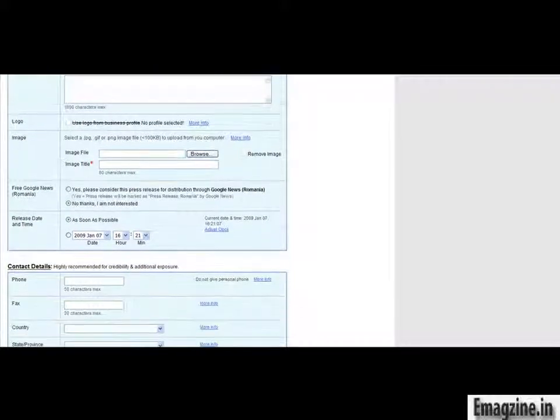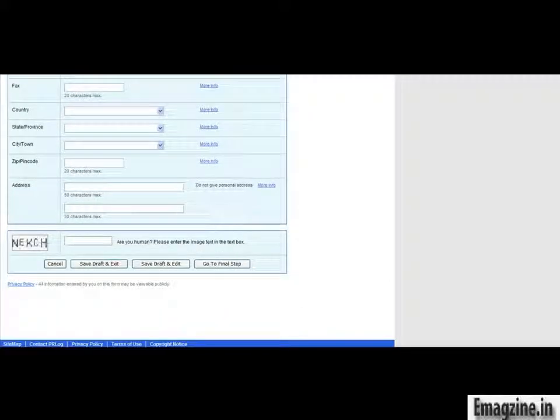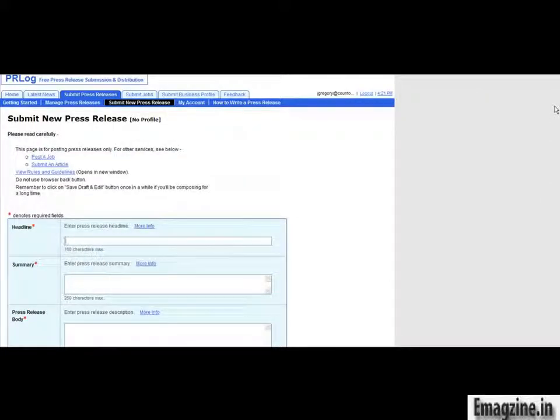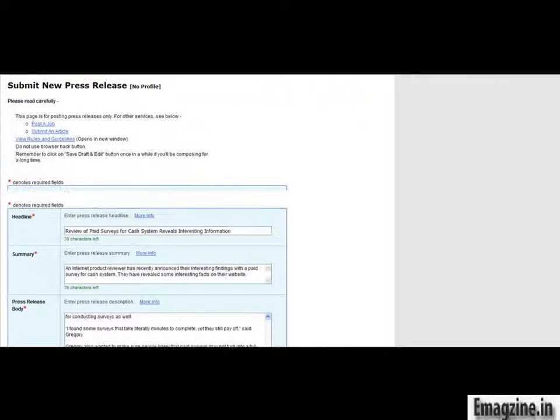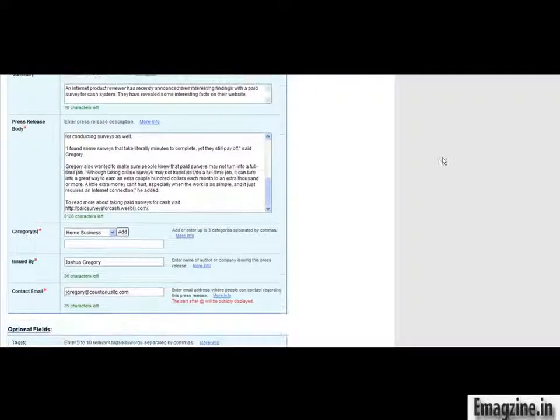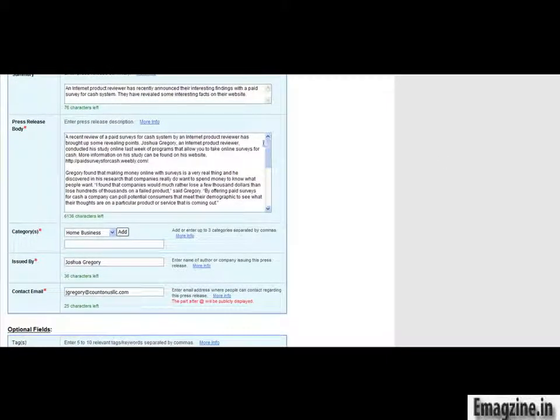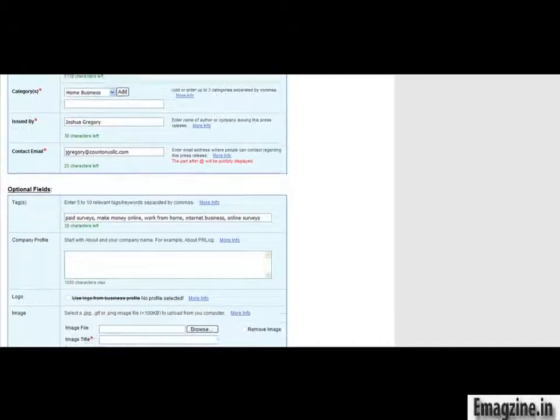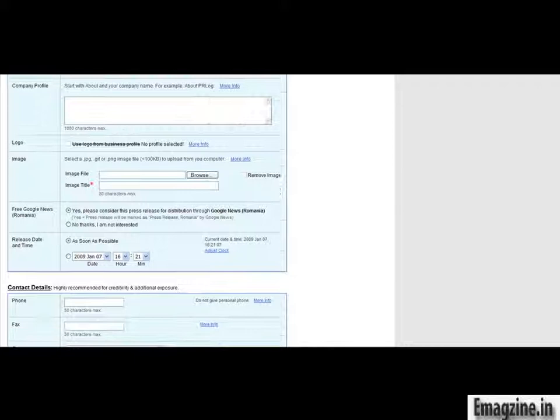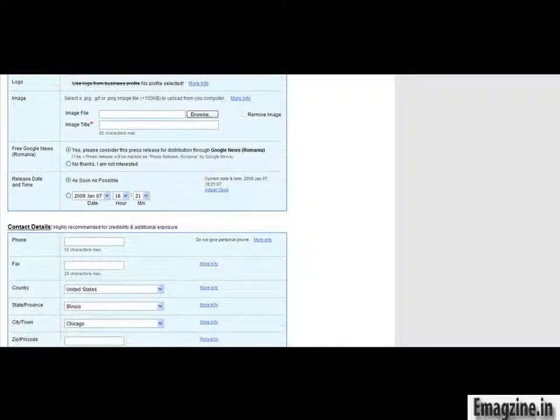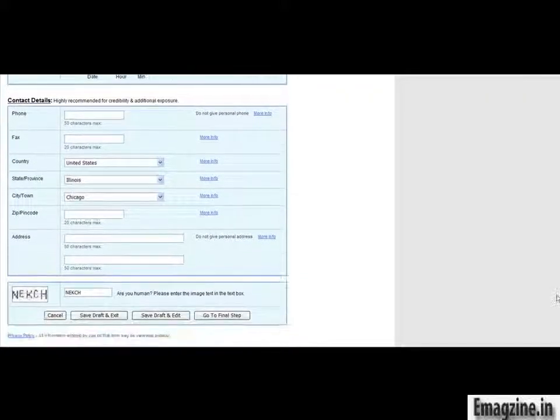So what I'm going to do is pause this video, fill in this form, and then when I restart, this will all be filled in. I'm just going to go over that with you. You've already seen how I copy and paste, so I don't need to show that again. Okay, so I have now put in the information here, and everything is just like normal, copying and pasting. Selected a category, put in my name where it asked, put in the keyword tags, went ahead and select Free Google News Romania. It just gives you extra exposure, and then I'm going to just click here and go to